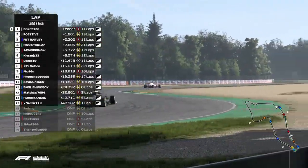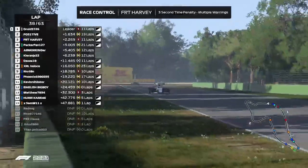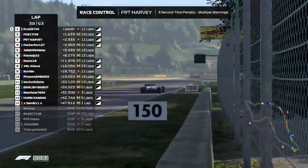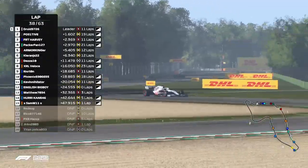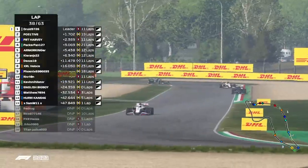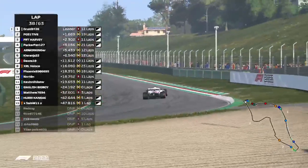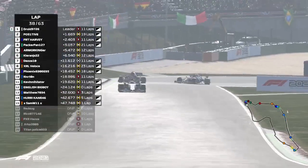Yeah, they're not feeling the trough of the mountain of penalties, so to speak. But remember, Stream Chat, Harvey picks up a 3-second penalty. If drivers get 30 seconds worth of time penalties, I believe they are disqualified from the race. So you've got to be extra careful, especially in a 100% league race. I mean, we don't do them, but you've got to be just uber gentle and uber careful when you're driving the fast cars